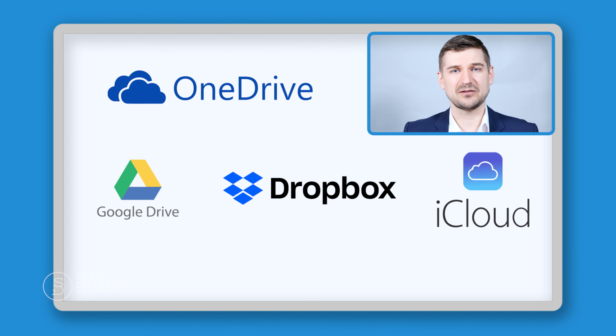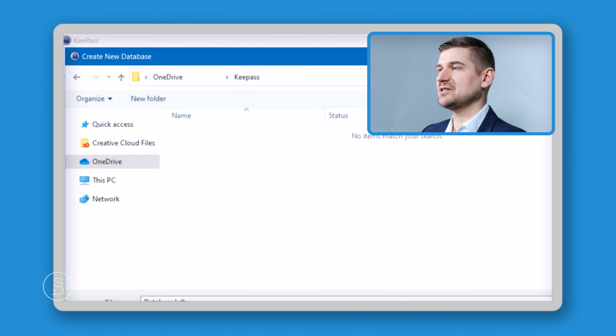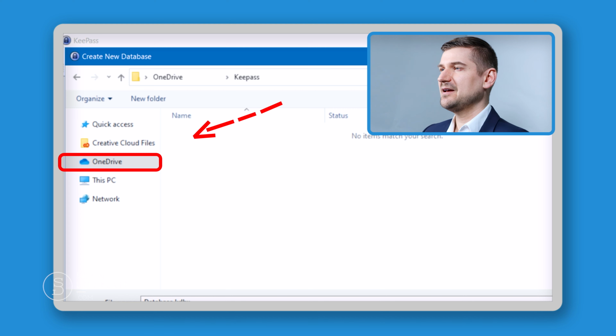I like to use OneDrive because I'm already using Microsoft Windows as my operating system, so it integrates really easily. And essentially what OneDrive does is it ensures that data that I have stored in a specific place on my hard drive is also being stored on the cloud. So if you look here and you see it says OneDrive and there's a little cloud there, that data is also being stored on the cloud, which means that if something were to happen to my computer or my laptop, all of that data would still be on the cloud, so that if I were to later reinstall the software on my computer, I could download that information from the cloud and I would still have all of my information.